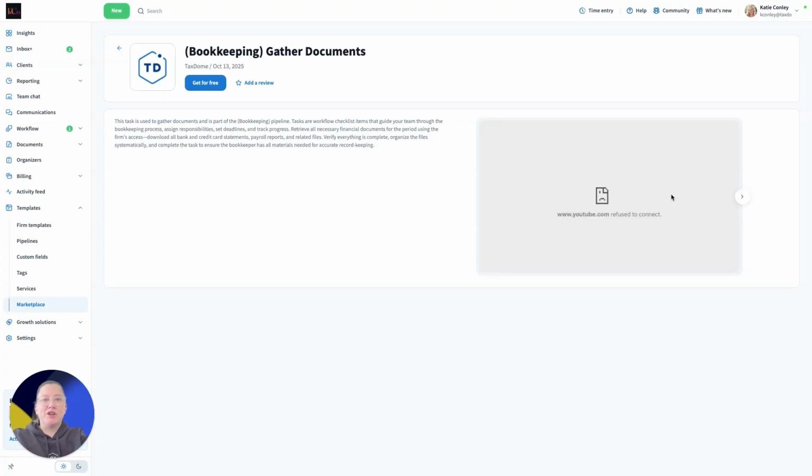Today we're going to go over our bookkeeping gather documents task. This task is part of our bookkeeping pipeline, but can also be used in your pipeline or as a one-off